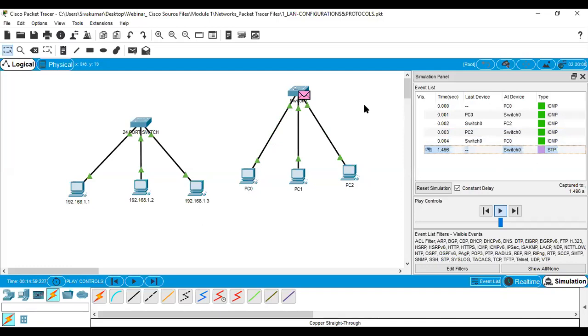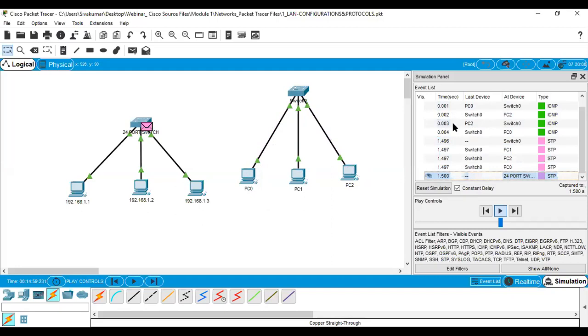Now correspondingly you can see what happens here. For example, in simulation mode it shows the time at which the packets were sent, for example the message packet from PC0 to switch 0. Different types of protocols are involved here.